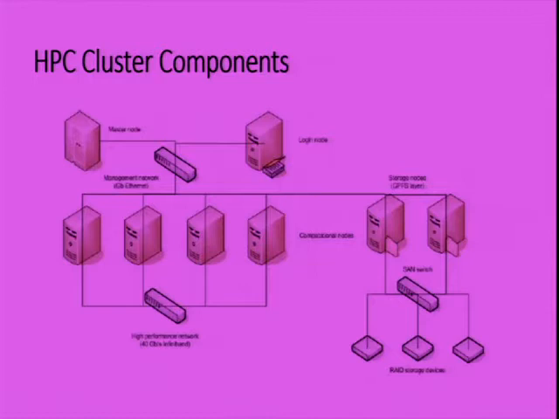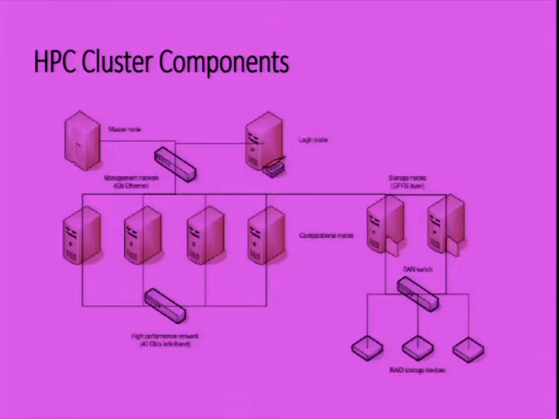So this is a schematic diagram of your cluster and all the components. So as I said, you have your login node on the top right. So you authenticate and you log in, and that's your gateway to your cluster. And on the left, you have something known as the master node. This node carries out a lot of the administrative tasks of making sure the cluster is working correctly. But as a user, you don't have to know anything about that. So that connects to what's known as the computational nodes, and this is where your work actually gets executed. Nothing actually gets executed in the login node,